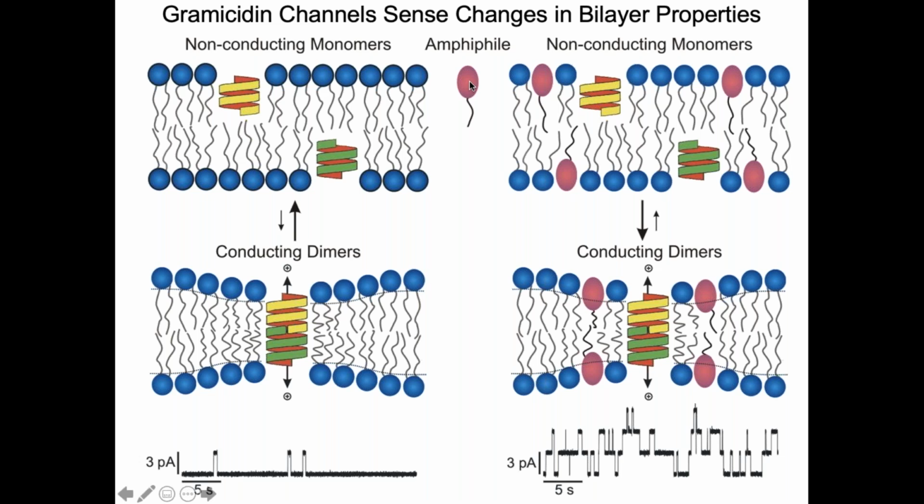And what better dirt than a detergent, at least in my laboratory. And so we added a detergent, Triton X-100, to a bilayer, and we were expecting to see changes in the distribution of current steps, which we did see to some extent, but the dramatic effect was